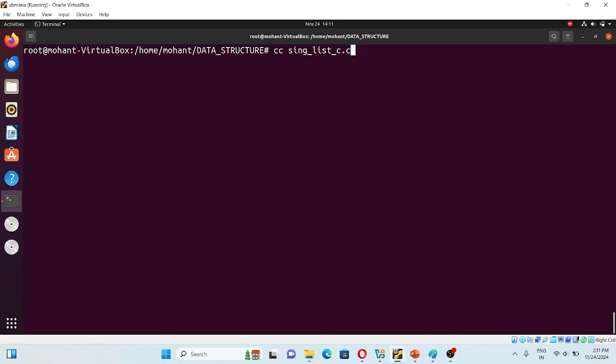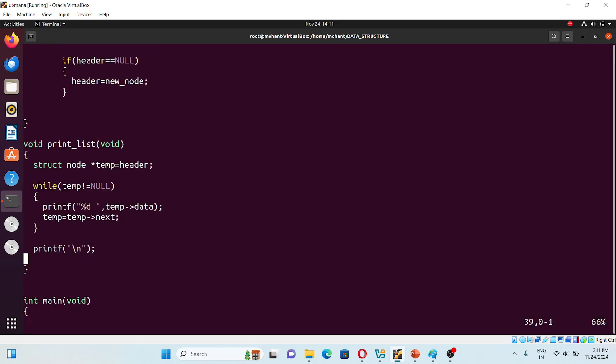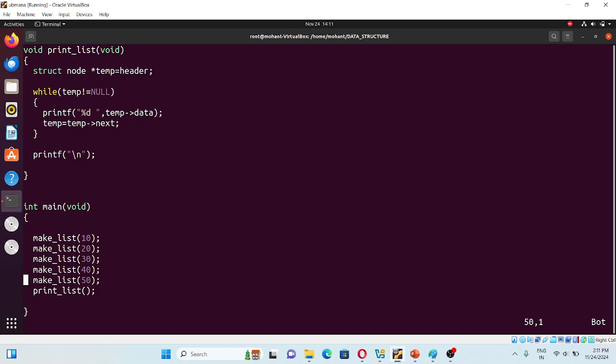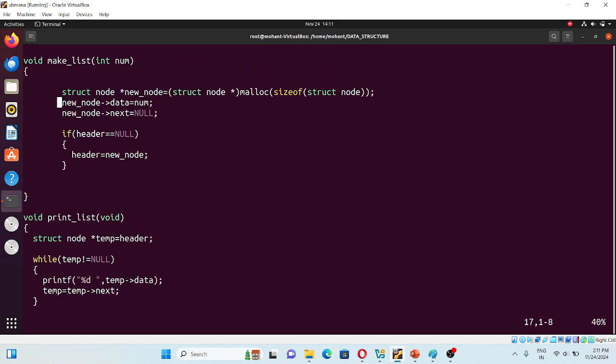Now I'll compile once again. It printed 10. We are going to make five nodes, but it has printed only one. Then what about the next nodes? What do we have to do? Here your condition is, in case header is null, because header already contains the first node. So what to do for the third, fourth, fifth node? In case this is not null,